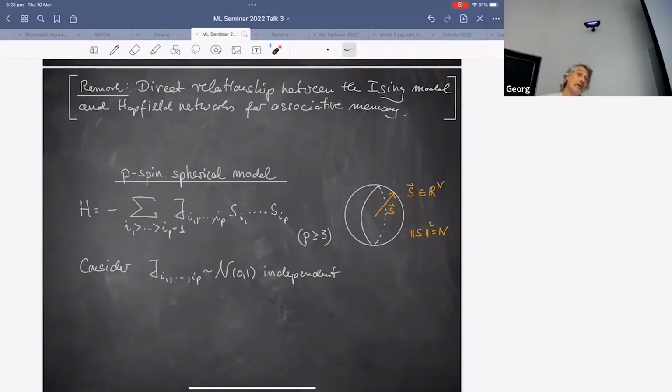Are we still on a lattice? Or what is this like? Yeah, well, here you're actually on a complete graph, in some sense, if all the J's are non-zero. And the interactions are given by a normal distribution, that's right. No, p is not equal to n. No, p has to be larger than or equal to 3. That's the only thing.